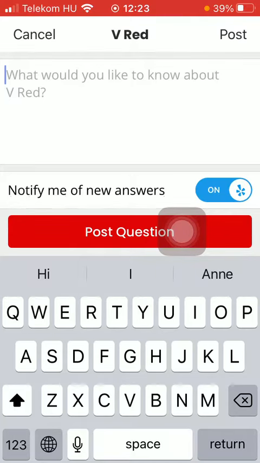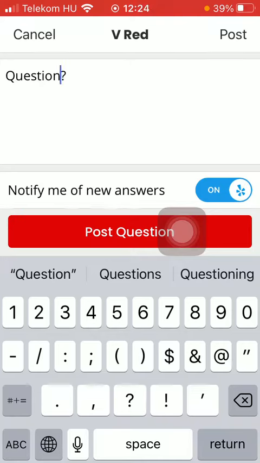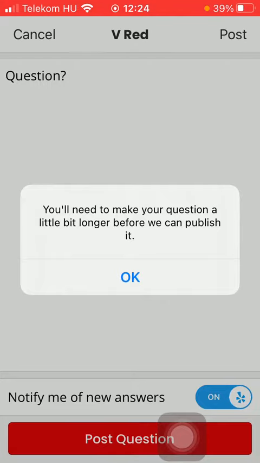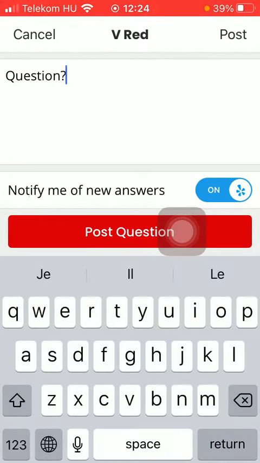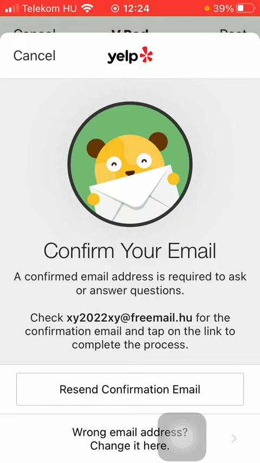After that, you should type in your question. Here you can select whether you would like to get notifications when there is an answer to your question, and when you are done, click on the post question button in the middle of the screen, and then you should confirm your email, and after that you will be able to post your question that will appear at this